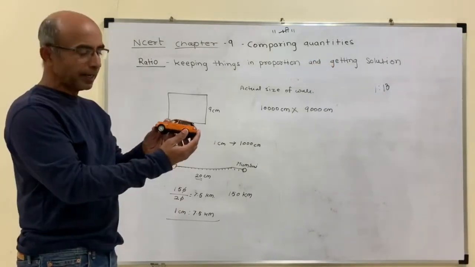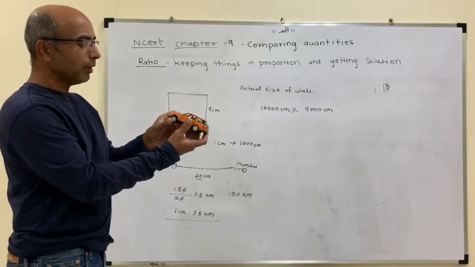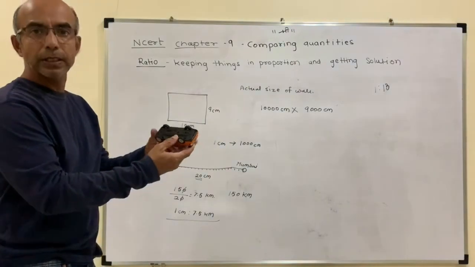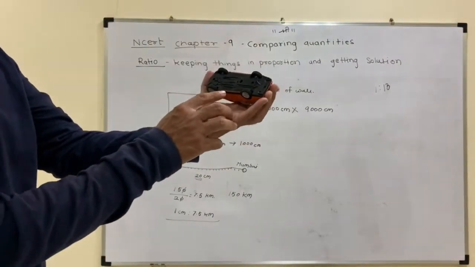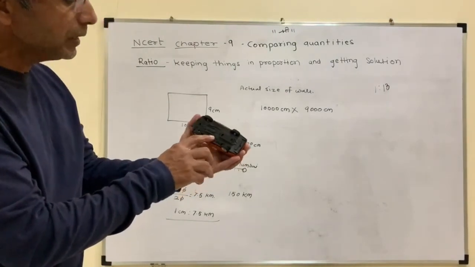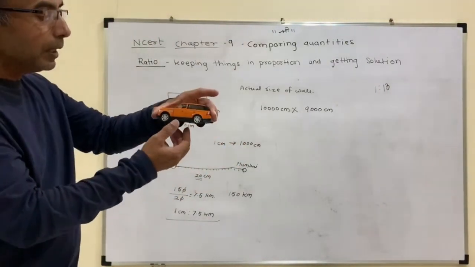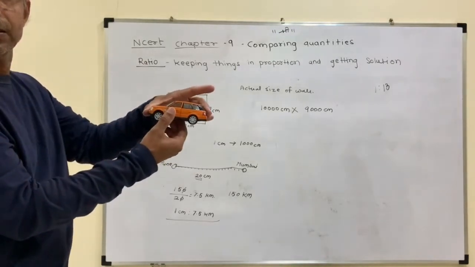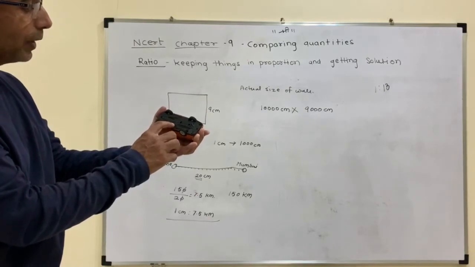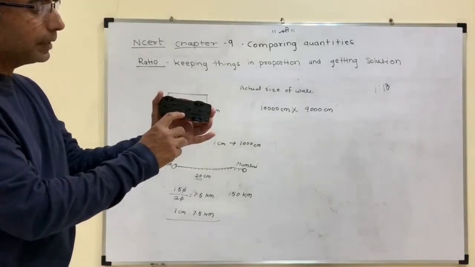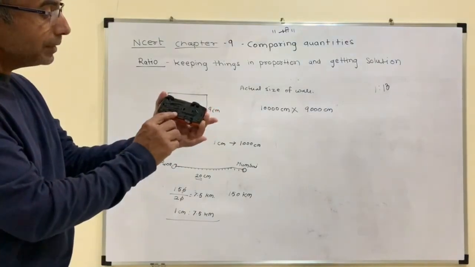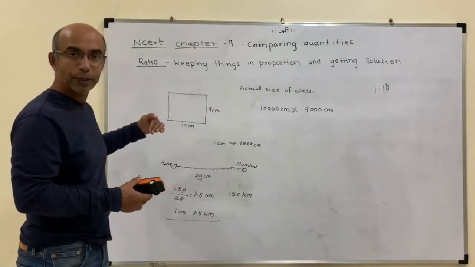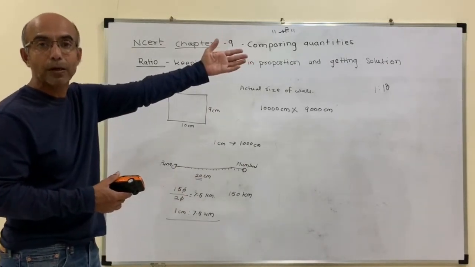See here in this Range Rover, on the downside, this is a model of a Range Rover, a Range Rover Sport model. Let me bring it a little closer to you. Here it's mentioned that the scale is 1:38. So the actual car is 38 times larger than this size. Sometimes it is mentioned as 1:13. So that is the ratio, the proportion, we are using here. For every one unit, the actual is that many times bigger.